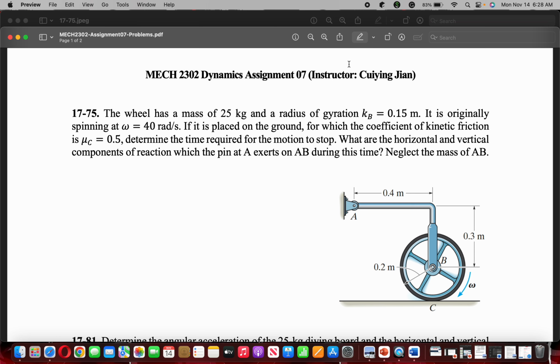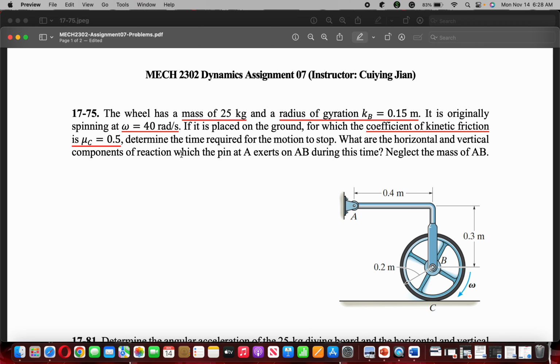So the question 1775 says that the wheel has a mass of 25 kg and a radius of gyration kB of 0.15 meters. It is originally spinning at omega 40 radian per second, which is the angular velocity. And if it's placed on the ground, for which the coefficient of kinetic friction is 0.5, we have to determine the time required for the motion to stop, and also the horizontal and vertical